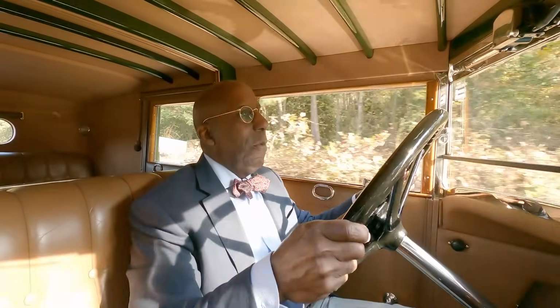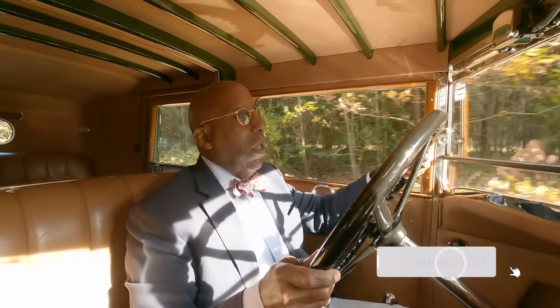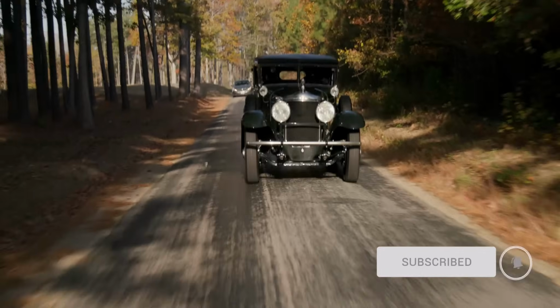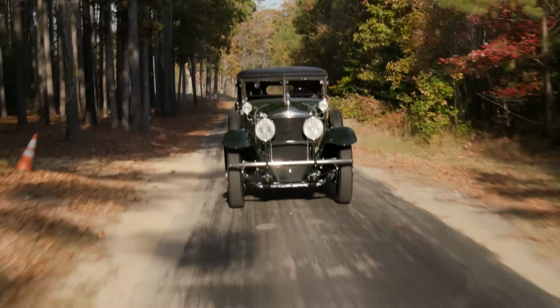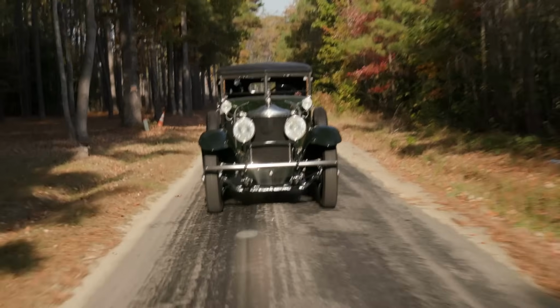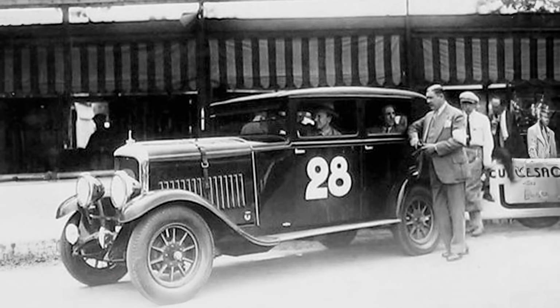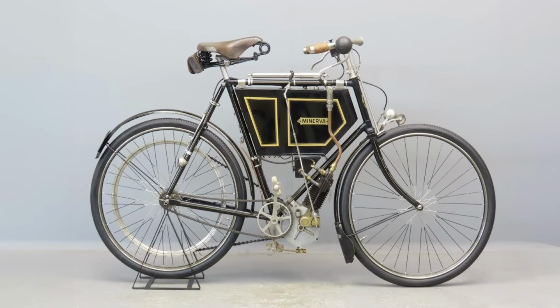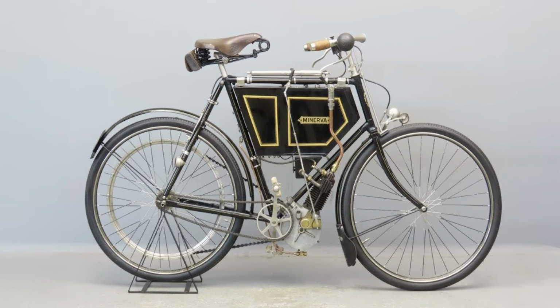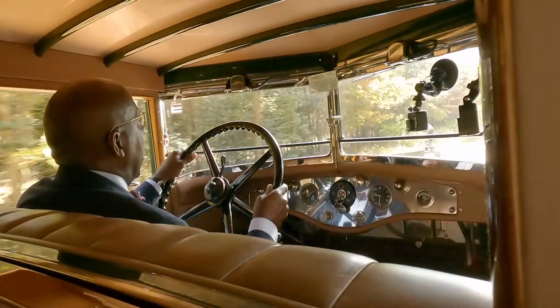High quality luxury motoring has changed a great deal in the almost 100 years since this Minerva was built in 1927. Minerva was one of two great Belgian firms, the other being Imperia, and Minerva was founded to build cars from its foundations as a bicycle company in 1903. And not long thereafter,